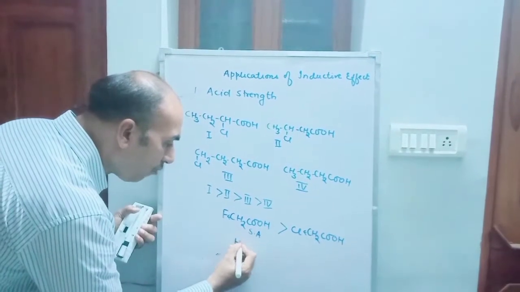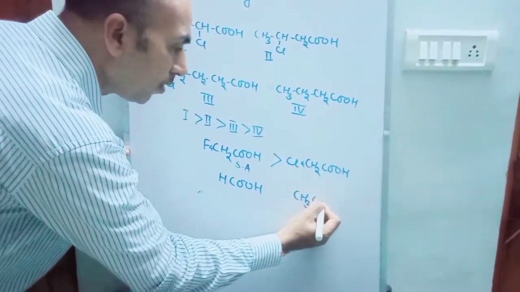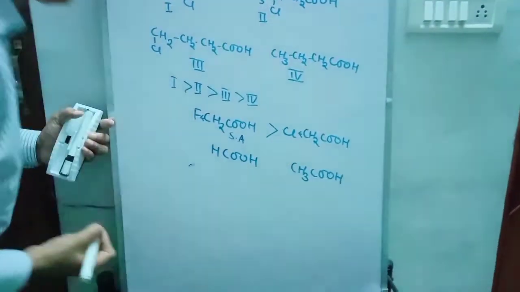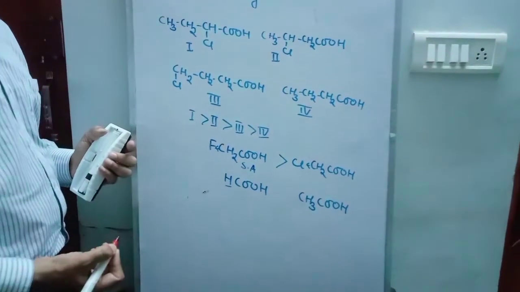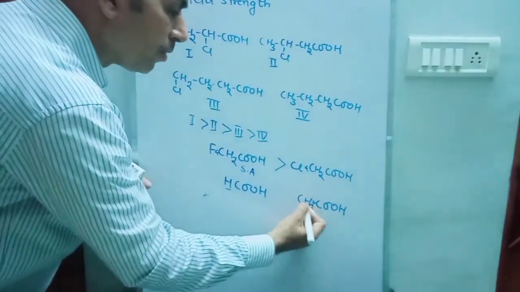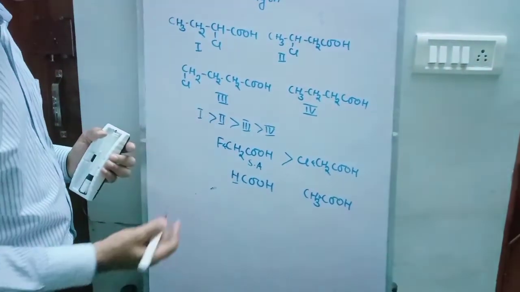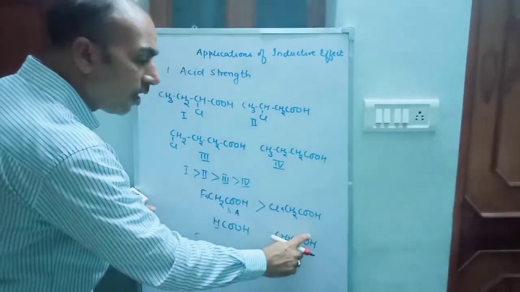If we compare formic acid and acetic acid, which one is stronger? See, here the H is not exerting any effect. H does not have plus I or minus I effect, whereas in acetic acid the methyl group is exerting plus I effect, and the plus I effect decreases the acid strength because it will concentrate the negative charge at one